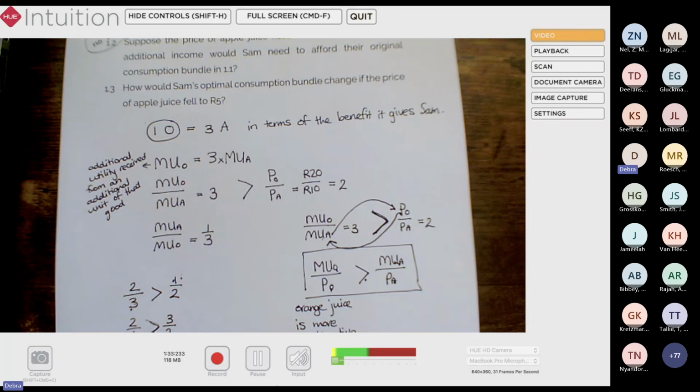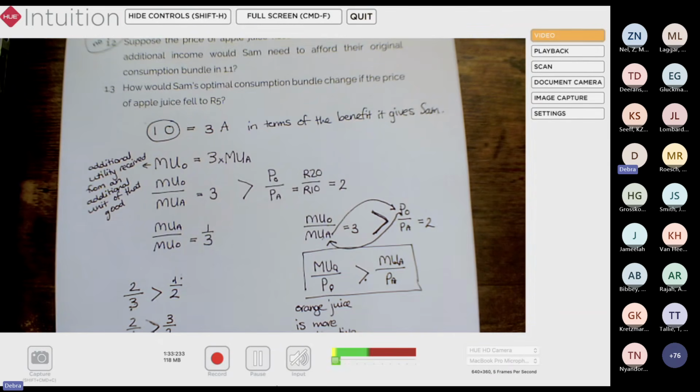okay, so I actually get what you're saying. So what you're saying is that if one orange juice is worth 20 Rand to me, and instead of buying that one orange juice, I could have instead bought 3 apple juices. Because in order to make me as happy with one orange juice, I need 3 apple juices. So one orange juice costs me 20 Rand and 3 apple juices cost me 30 Rand, which means apple juice is going to cost me more to get the same satisfaction. Yeah, that's perfect. That reasoning actually